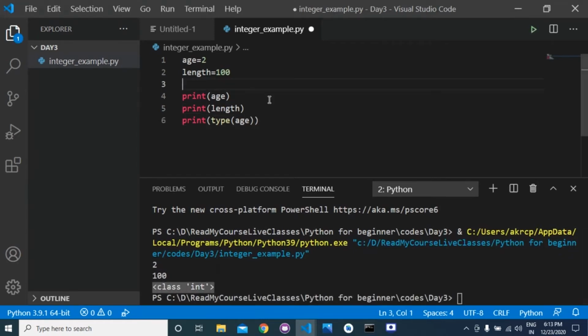Okay, like in mathematics where you use addition, subtraction, multiplication, division, this is also allowed in case of integer.